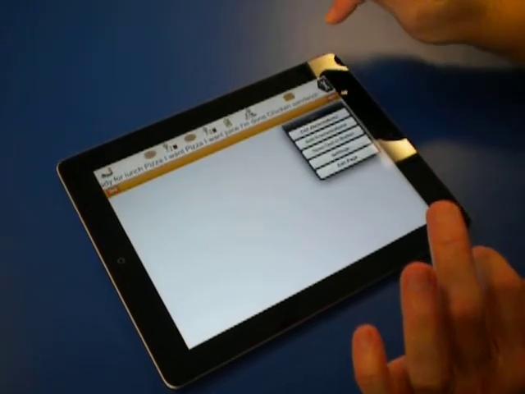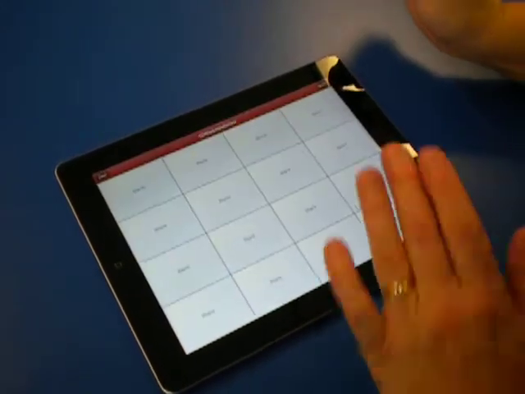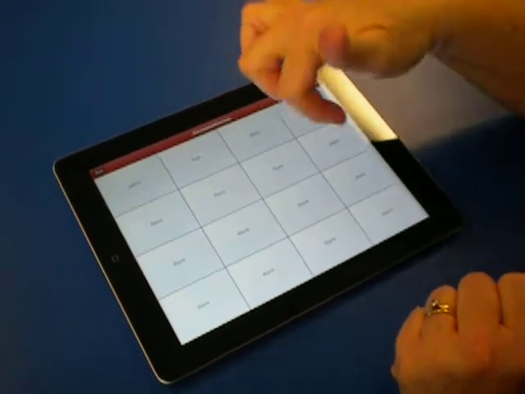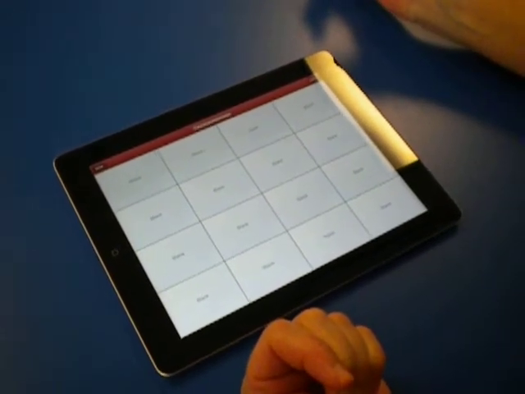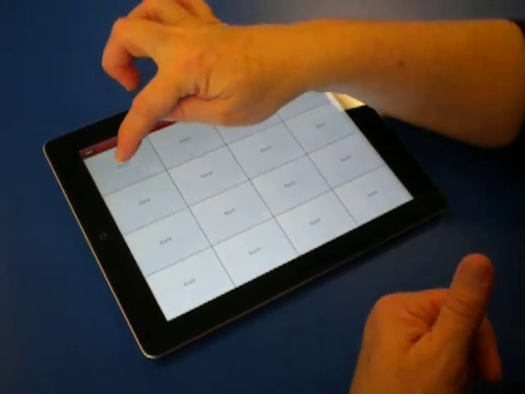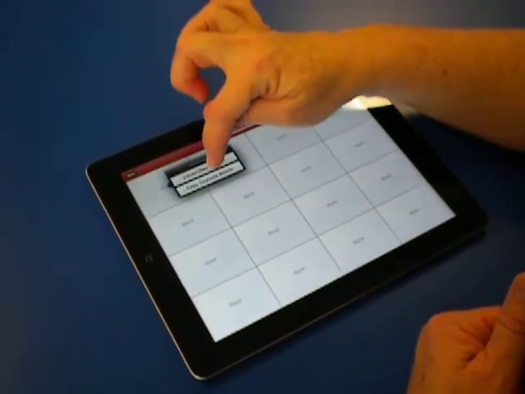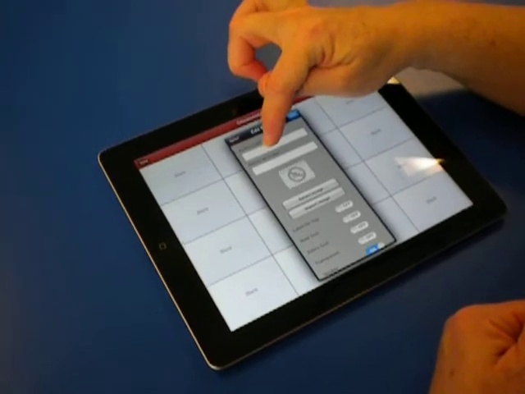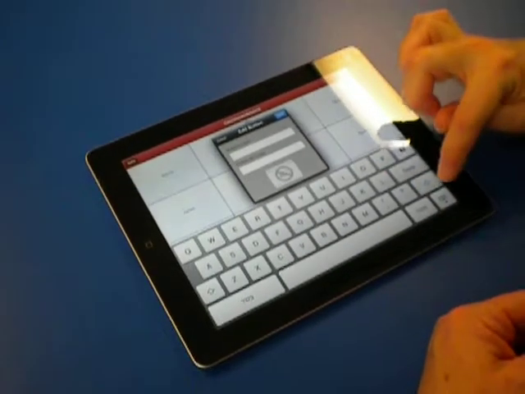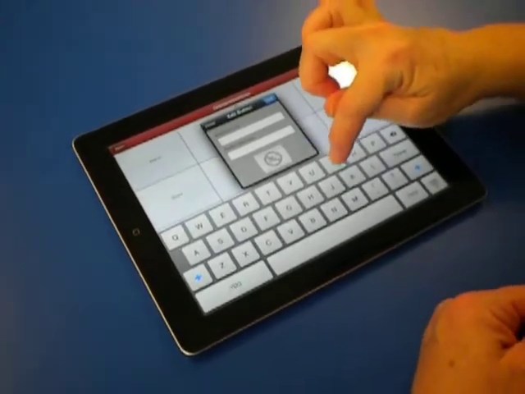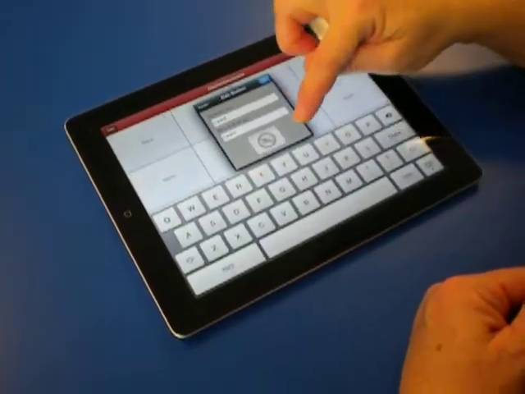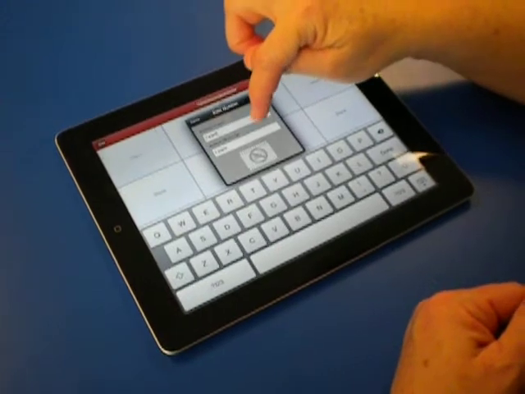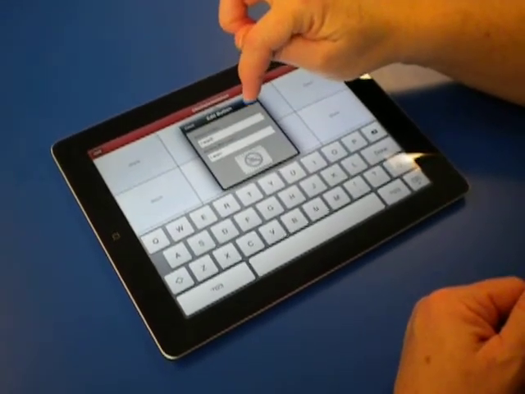Hit menu, edit page, and there are all of your blanks. The 4x4, which I had picked whenever I first set the page up. So, pick a button, create a new button, and I want this button label to be "I want." The button label is I want, the button message, good morning. Today is Monday,